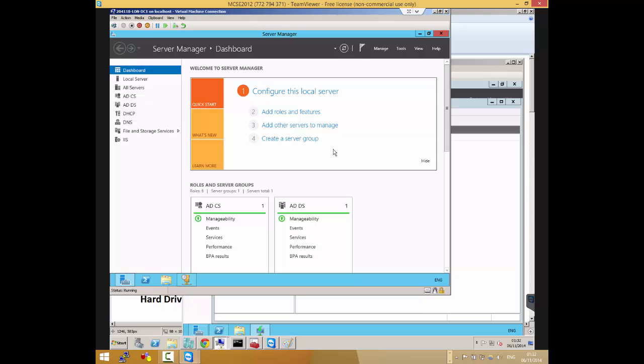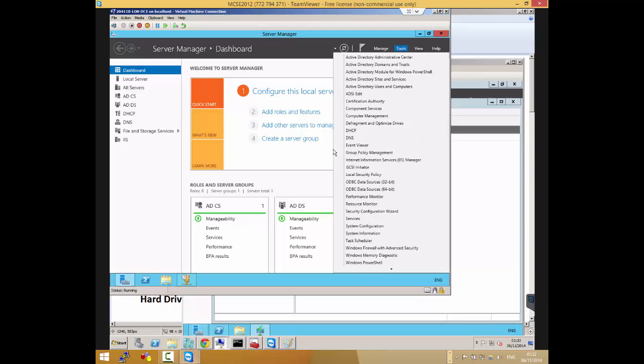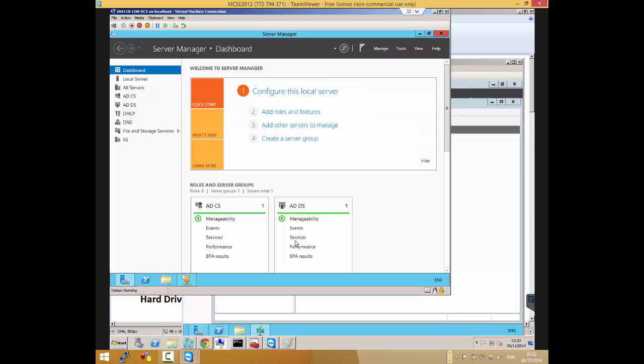There are quite a few new features in 2012 R2 that you may not find on 2012. So the ones you are sending me, I can do the R2 ones, right? No, just the 2012 ones. It's the exact same one that I have, so it's just 2012. For the R2 one, all you need to do is upgrade this server to R2. Okay, cool.